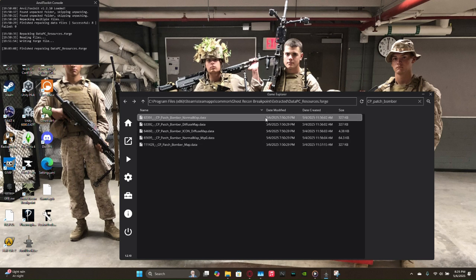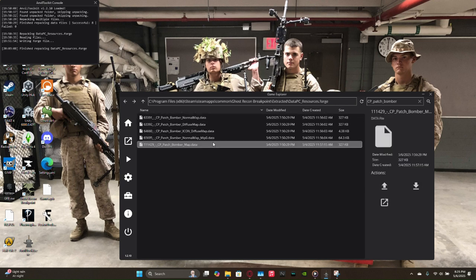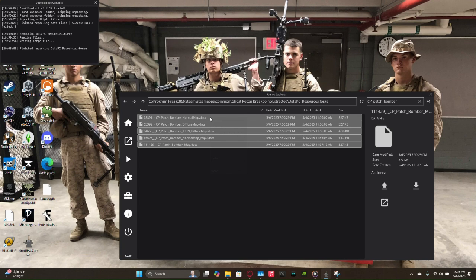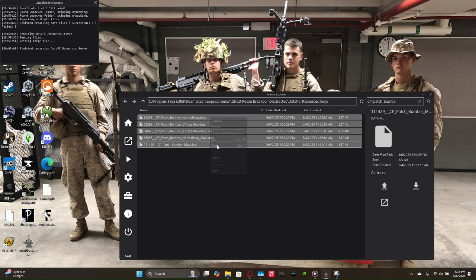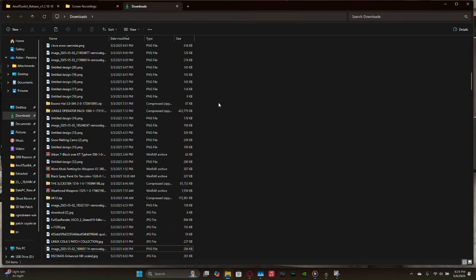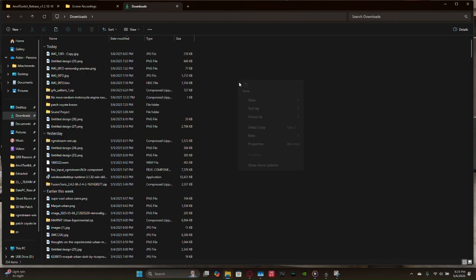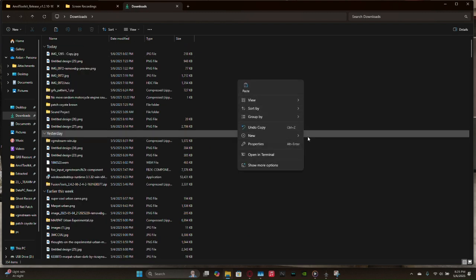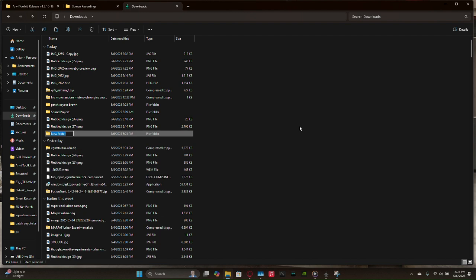Now, we will copy the data files, not the actual folders that we unpacked and created. So we're going to copy. What you would do is you'd most likely create a folder saying Coyote